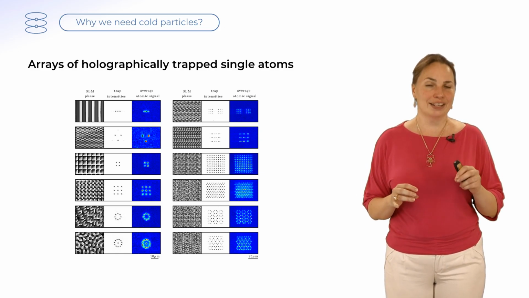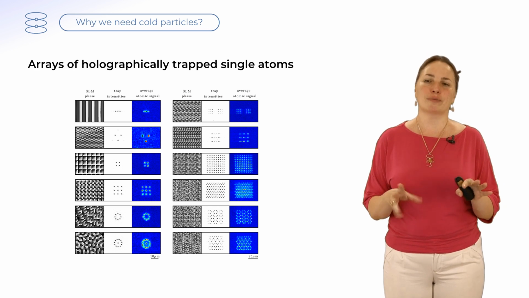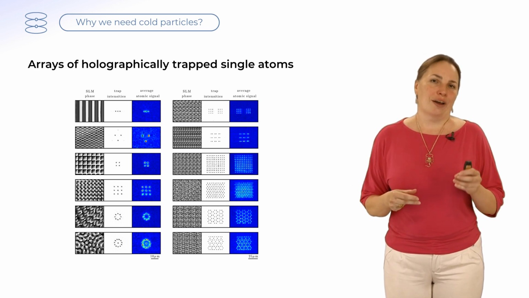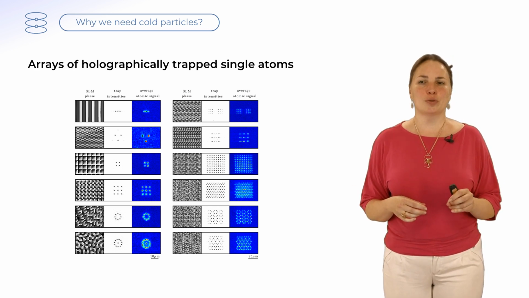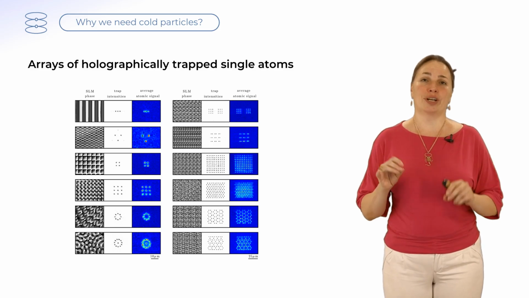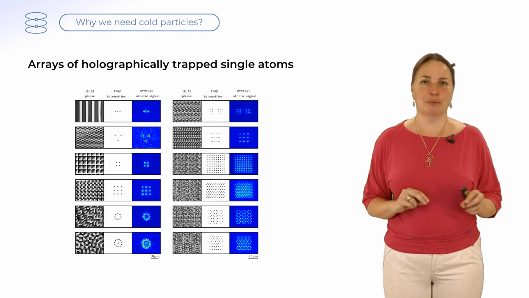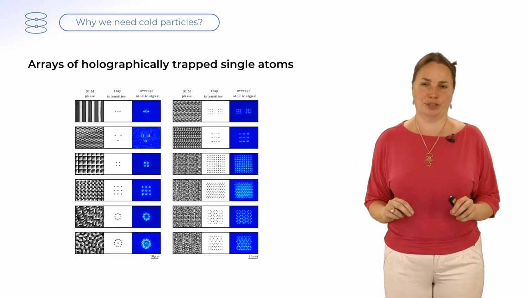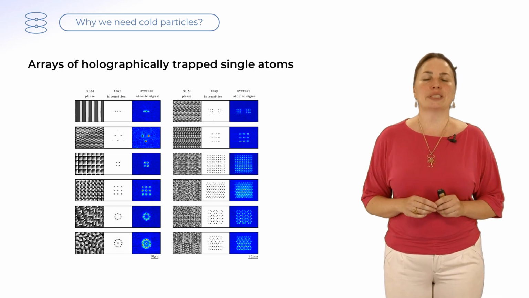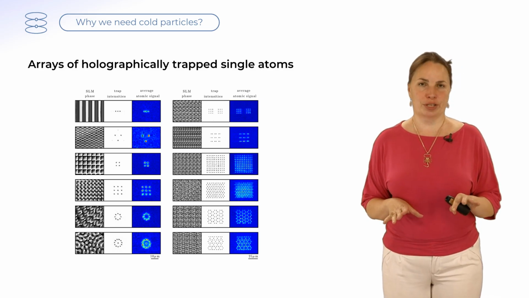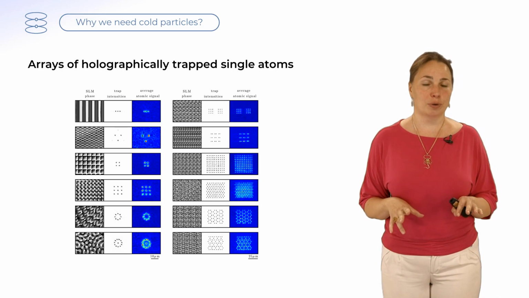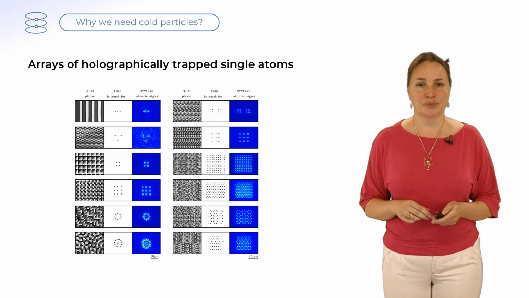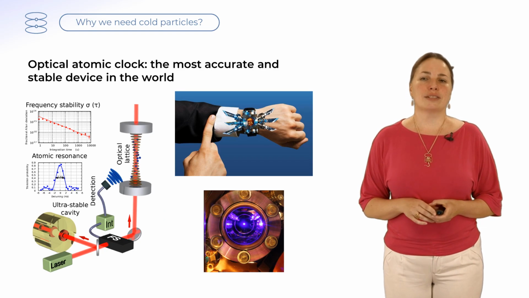Operating with cold atoms in an object like an optical lattice, we have the ability to make an array of atoms and collect them in any picture we want. What for? For example, it can be a quantum simulator, a quantum sensor, or a quantum computer. Next,